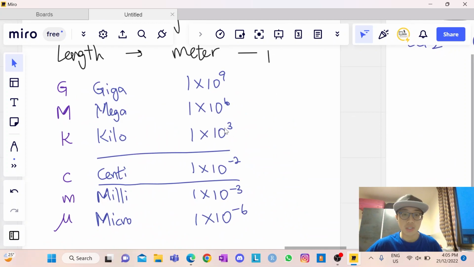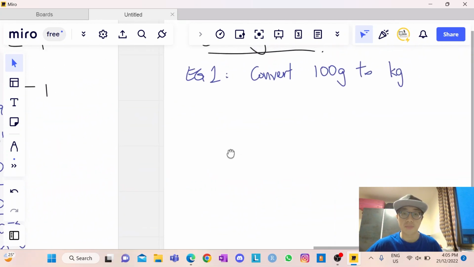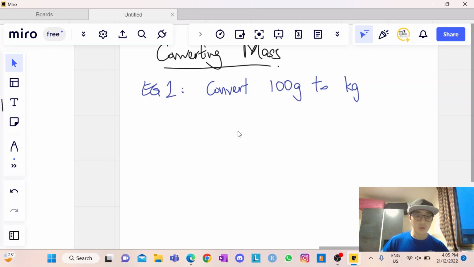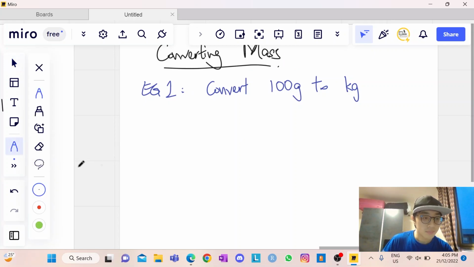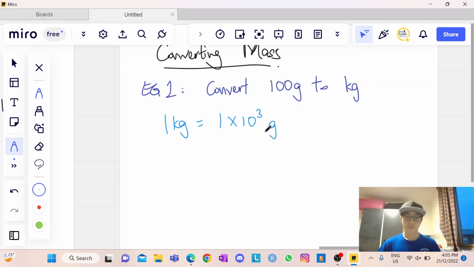So kilo is 1 times 10 to the power of 3. So you can write down here, let's use a lighter one, 1 kg is equal to 1 times 10 to the power of 3 grams. All right, that makes sense to you, isn't it? So now you're going to find what is